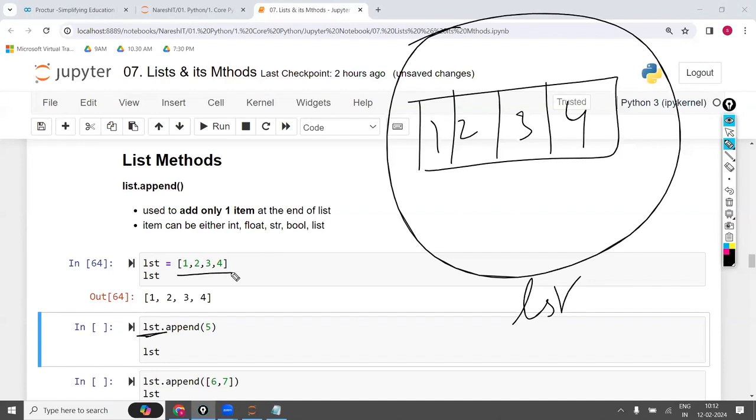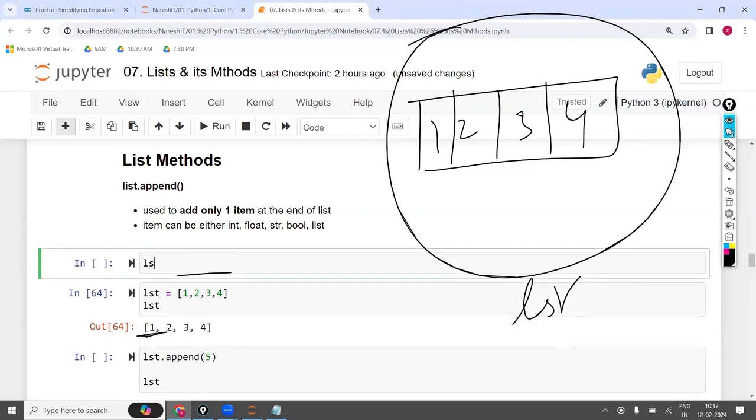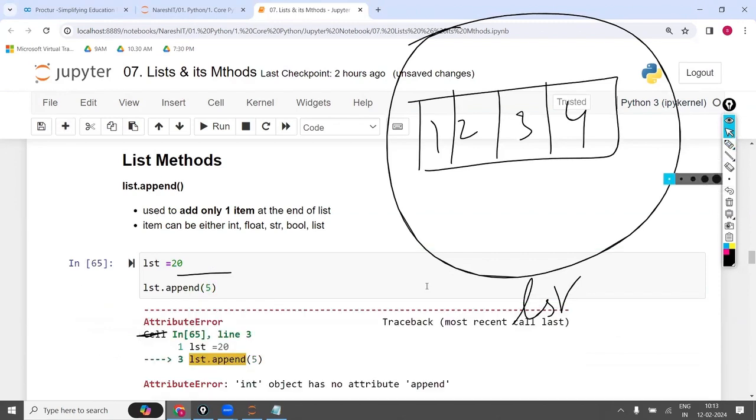For example, if I write LST equals 20, an int, and I ask LST dot append of 5, it throws the error that the int object has no attribute called append.